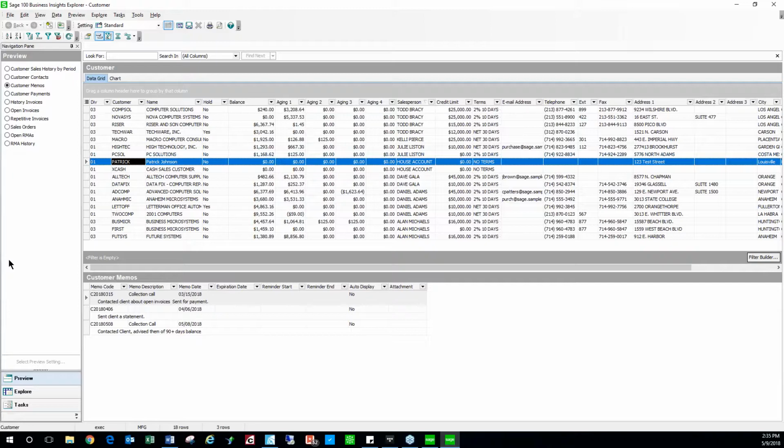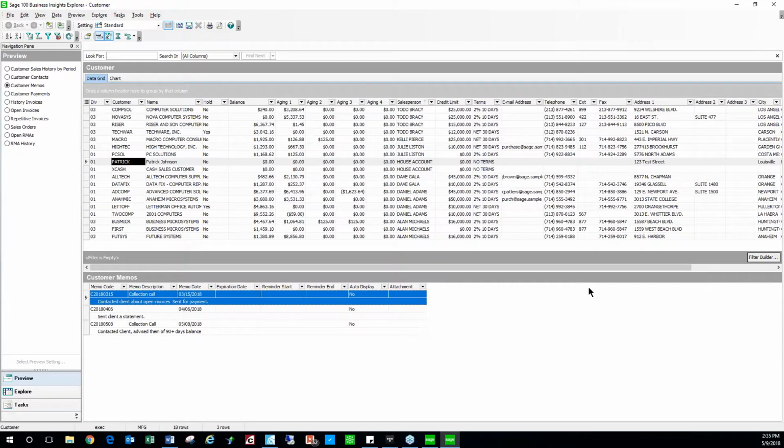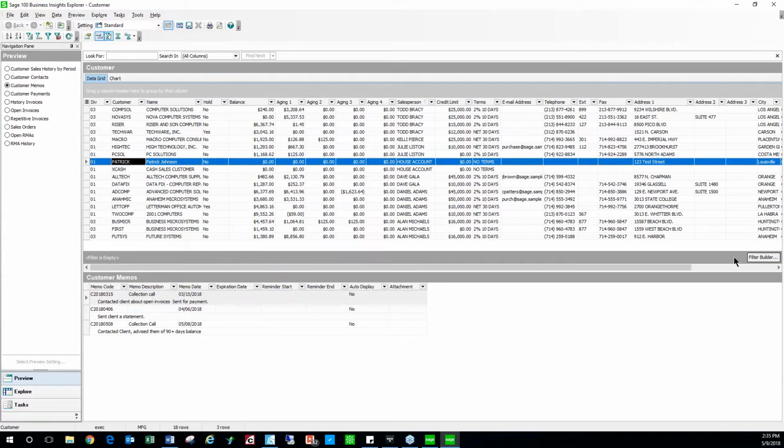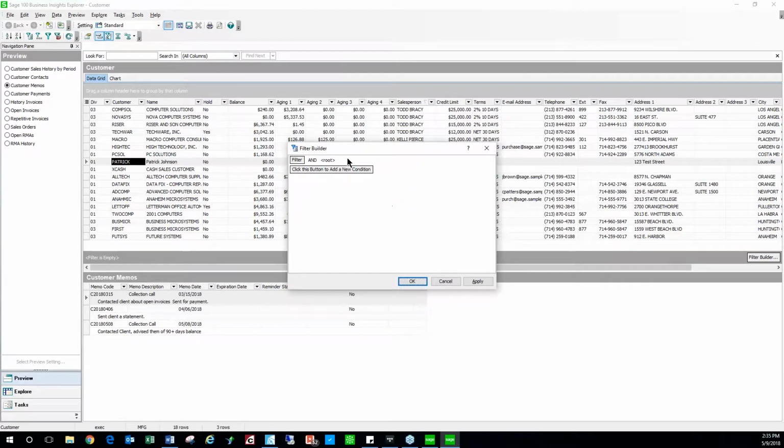We have the ability in this grid down here to use the filter builder. I can also sort down here as well. So this filter builder button right over here allows me to create a filter, and sometimes a cascading layered filter, that allows me to only see the kinds of related memos, in this particular case, related to Patrick Johnson that